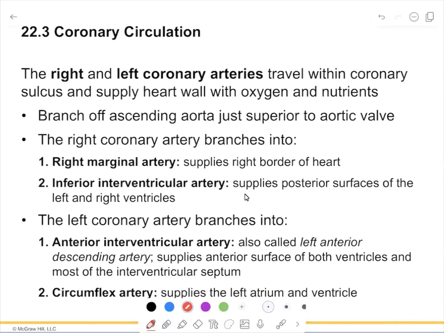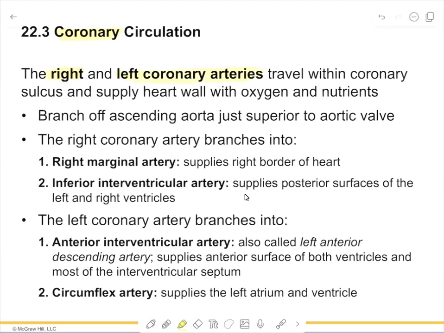We talked about the pulmonary circuit, the pulmonary circulation, and the systemic circulation. But there also has to be a circulation for the myocardium, and that's due to the coronary circulation. When people have heart attacks, the myocardium is denied oxygen because the coronary blood vessels aren't able to deliver that oxygen to the myocardium. So coming right out of the aorta are the right and the left coronary arteries, and